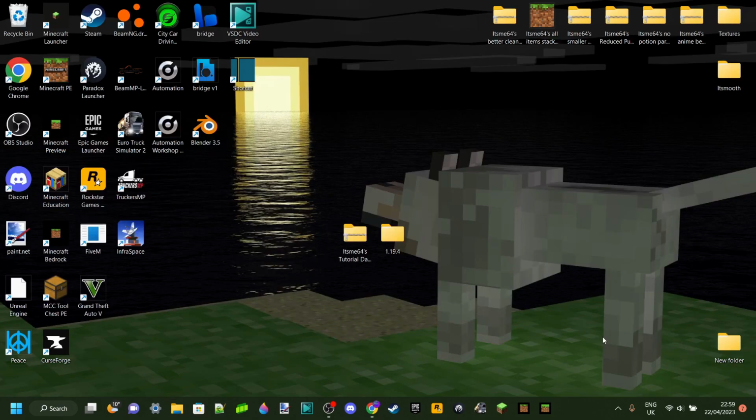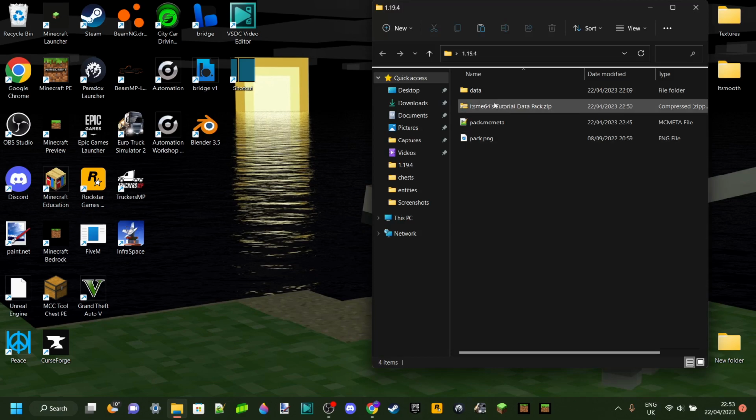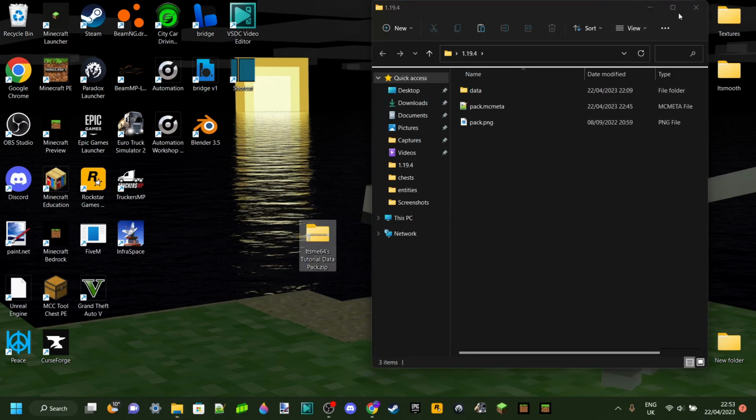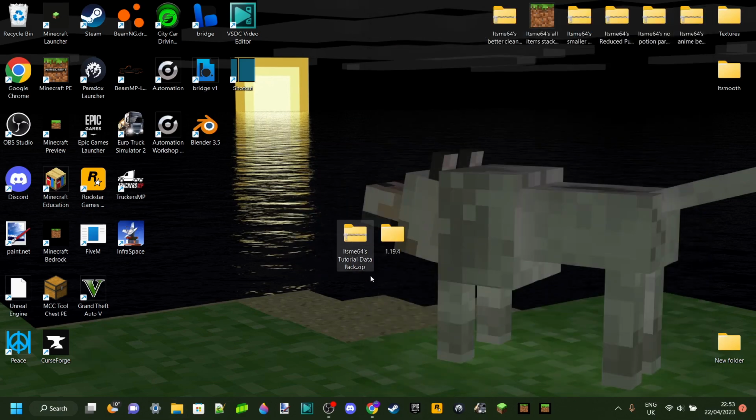Also, one quick thing for you guys. So my pack over here, you can actually download the pack I made in today's tutorial through a link in the description if you want to. That can be useful if you, for example, just want a reference pack to work with, then I definitely recommend downloading that. Once we have it, we can just drag it to our desktop over here, and this is actually our completed